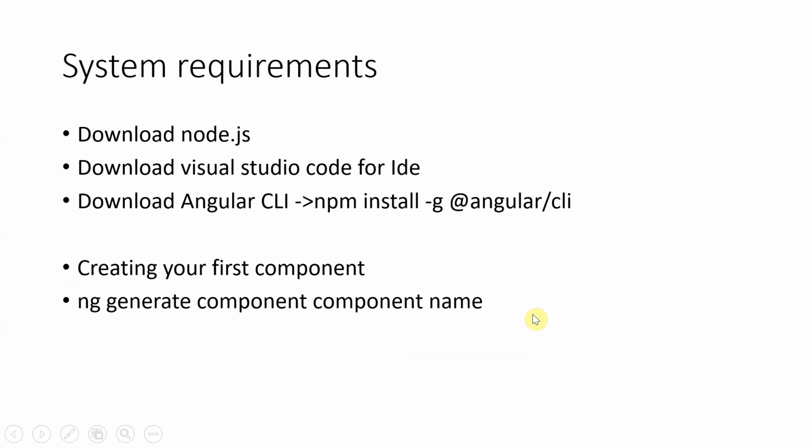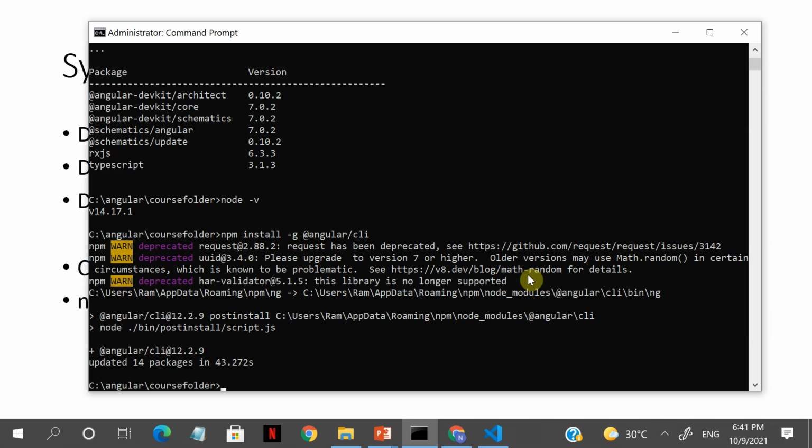As I told you, Angular is extremely easy to learn. The first way to learn is to create a component. So let's generate a component. How do you do that? For everything you have to give ng. Ng is the command to generate or do anything that you want to do with Angular components. So ng generate component name. Let's try that. Ng generate. Here you are specifying generating a component because you have to specify what you want to create. You can create services also.